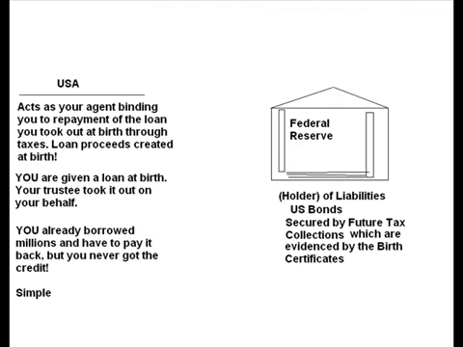So anyway, that's what the birth certificate is. I believe it gives the government jurisdiction over you until you turn 18, as it's given to you in trust by your parents. So they were assigned that position, and they act as your agent, binding you to repayment of the loan you took out at birth, and repayment is through taxes. Loan proceeds are created at birth. They go to the Federal Reserve and say, here's some evidence of a labor unit, we think we can convert it. The Federal Reserve says, okay, we'll loan you money on that. So you're given a loan at birth. Your trustee took it out on your behalf. You already borrowed millions and have to